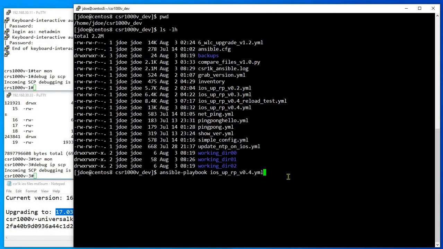Okay, the script that we are going to use is called the IOS upgrade version 04 YAML. This has all the smarts to upgrade our IOS end-to-end. That is a pre-check, uploading, capturing all the configurations, changing the boot variables, and then trigger reload, wait for the routers to actually come up, log back in, capture another set of show commands for the post comparison of the before and after